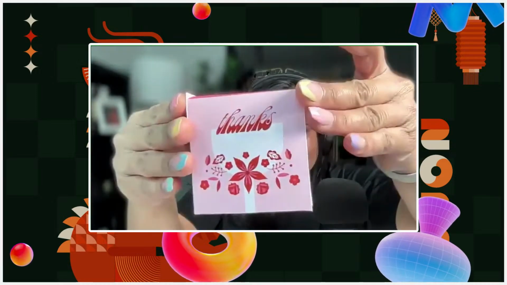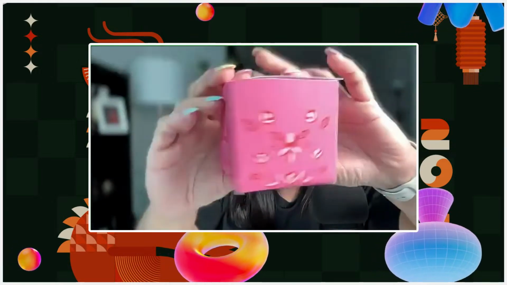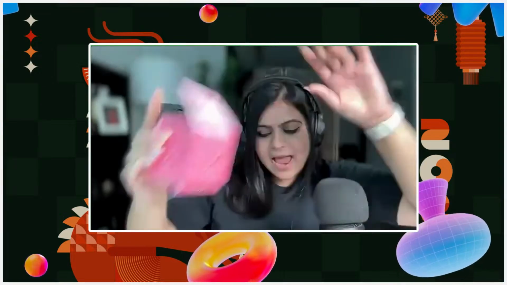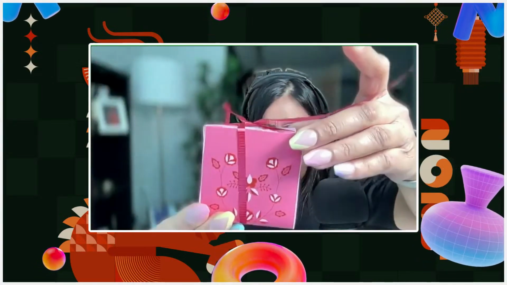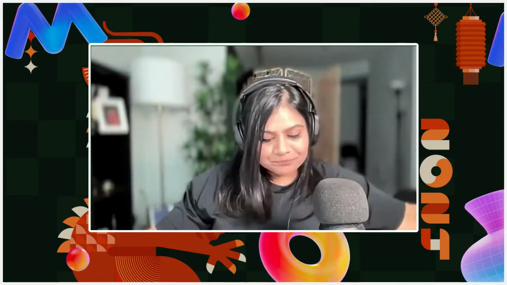And we have this as the party favor design. It says a little thank you, and it has all the floral elements that we had here. And once you fill your party favors in it and put a ribbon on it, that's what it looks like. So I feel like this adds that extra touch, but this is what you're trying to achieve. So this is what we created out of that flat sheet here.